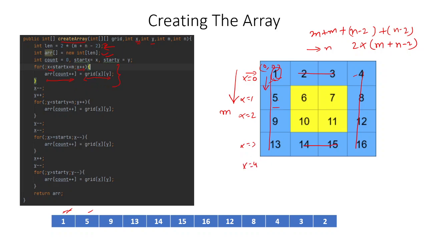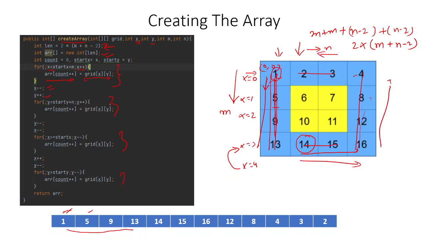So we have covered these numbers, up till 13. Now we want 14. That is why I have done x minus minus, so that x goes back to this particular position, and y plus plus, since we were here, it will move to this particular column, so we move here. Now we start from here and go back to here. Similarly, we will trace this 4 times. One here, second for this action, third for this, and fourth for this. Similarly, we have created this particular array.